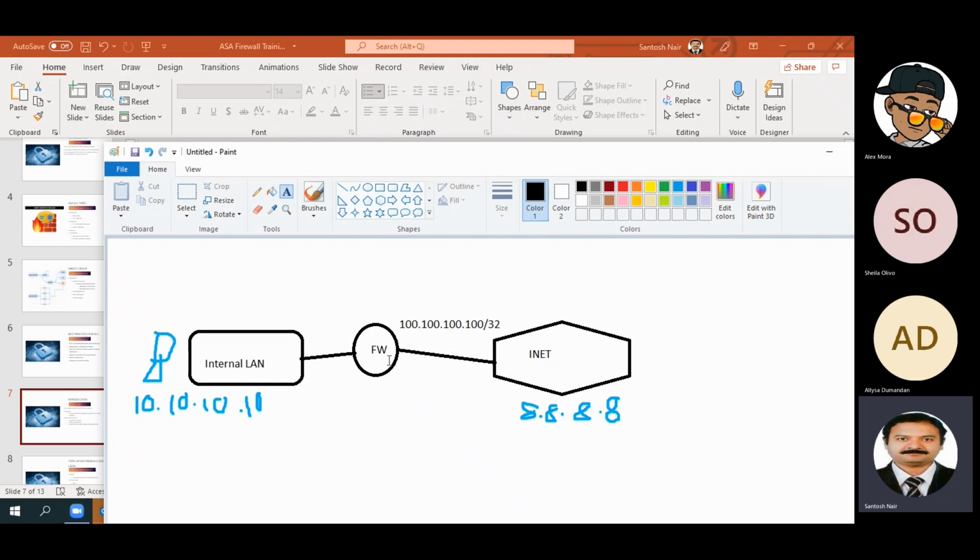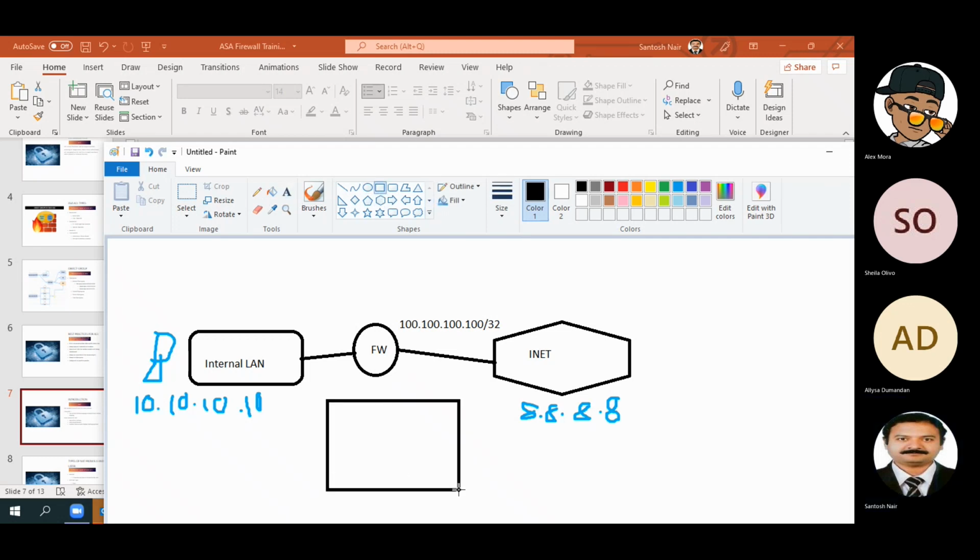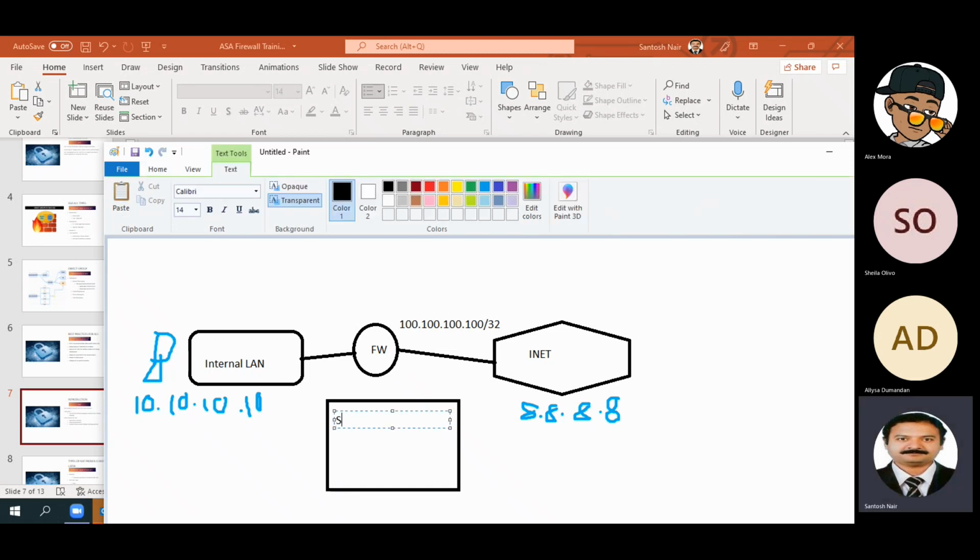Now what happens here is it will create a table. That table will have the source IP address, meaning the internal or, in many terms, the real IP address.